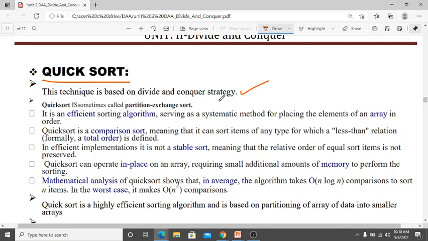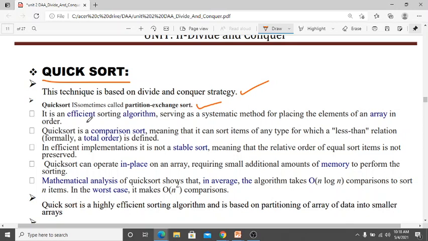Okay, divide and conquer strategy or method or technique, you can say anything. Quick sort is sometimes called partition exchange sort. Okay, the other name of quick sort is partition exchange sort.